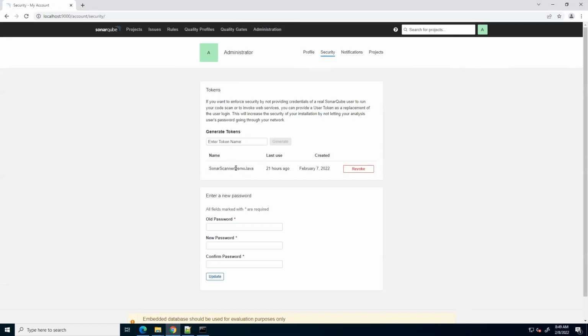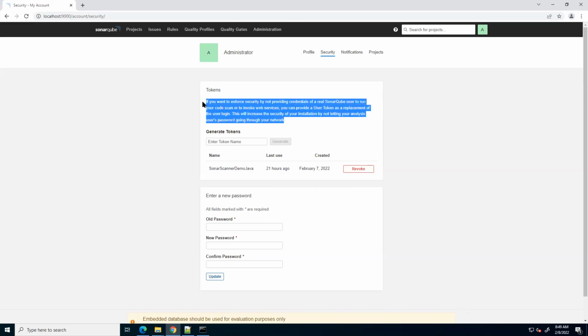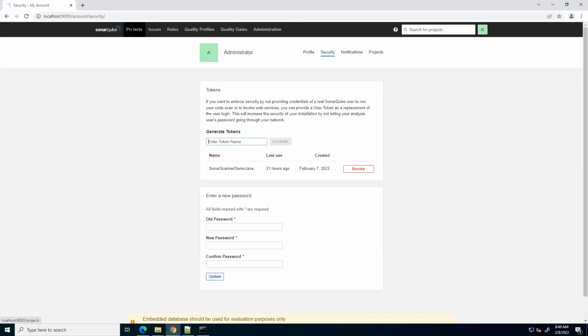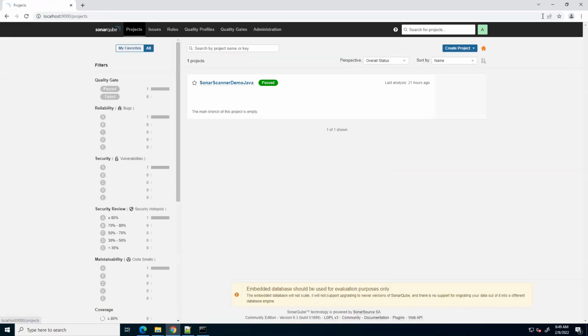For example, you remember yesterday I gave you the Sonar scanner demo key. Now the only thing is, once you generate the key, you will not be able to access the token once again. Either you revoke it, that's it. You will not be able to see the same key once again from here. So either you generate a token from here, or whenever you're creating a project, generate a new token. For example, I will